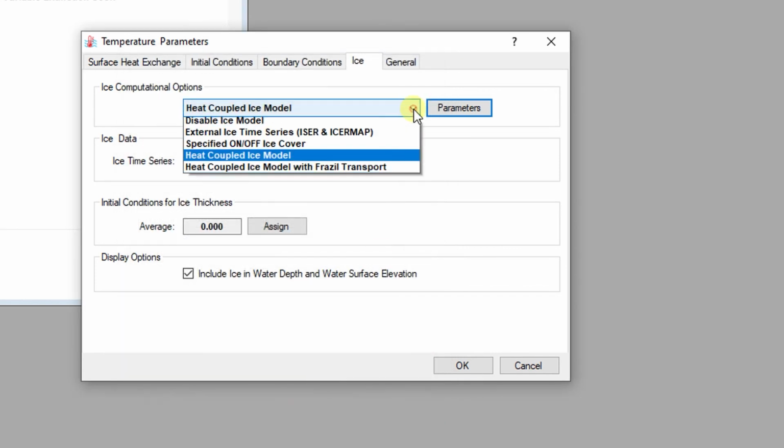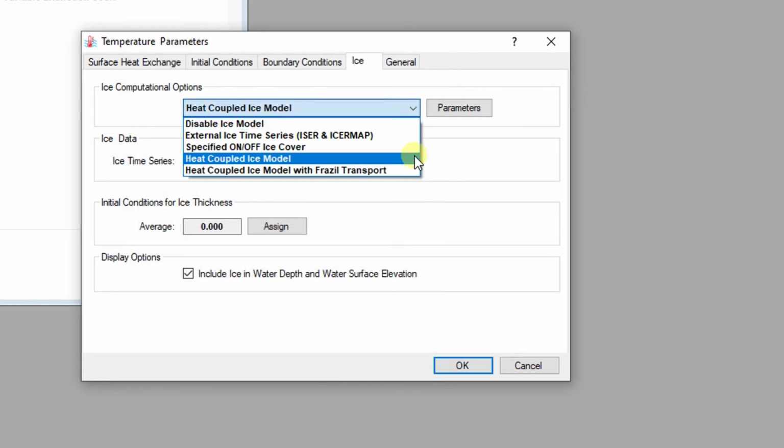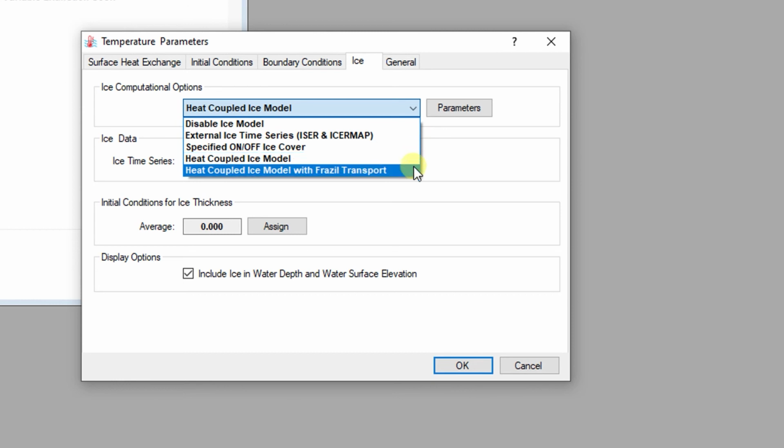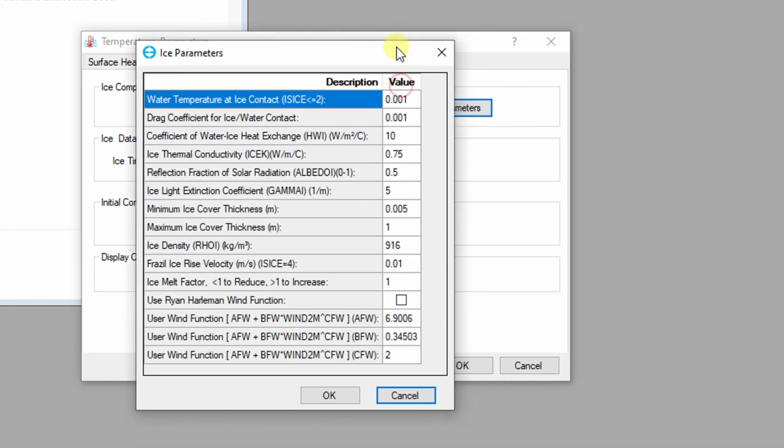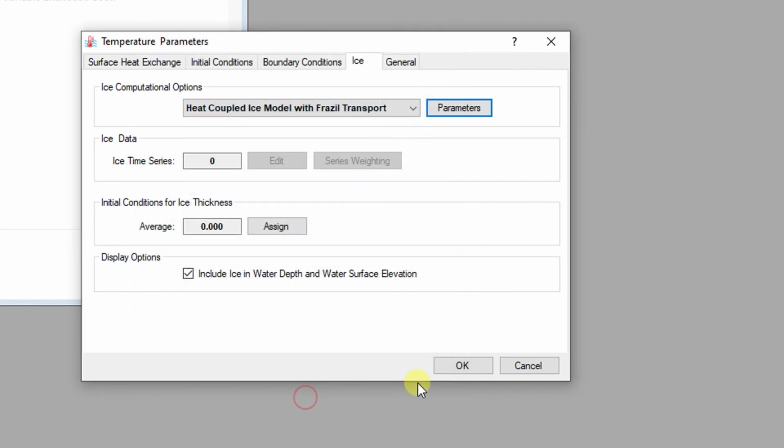When calculating ice formation in a river, if the air temperature is less than freezing, generation of ice crystals takes place in the water. These crystals are called frazil flakes. As the frazil flakes are lighter than water, they float and form ice pans. As these ice pans grow, they eventually form ice floes. As the frazil ice rises, it is necessary to input a rising velocity into EE to account for this.